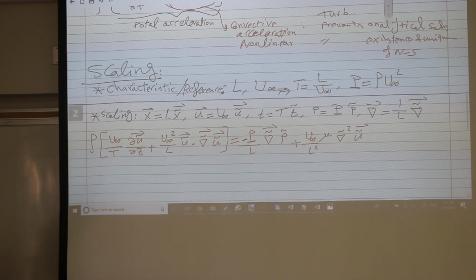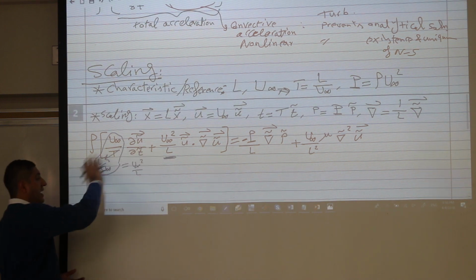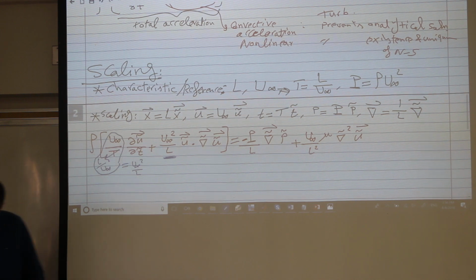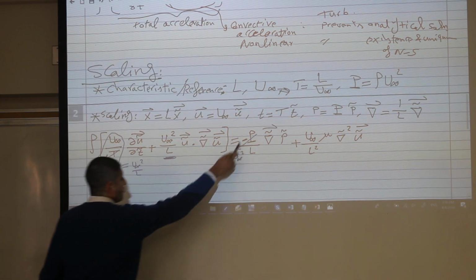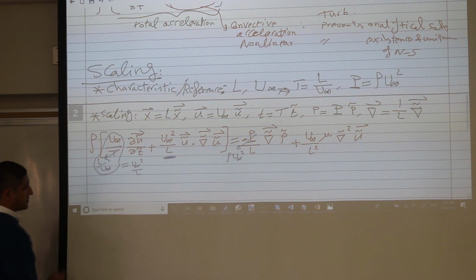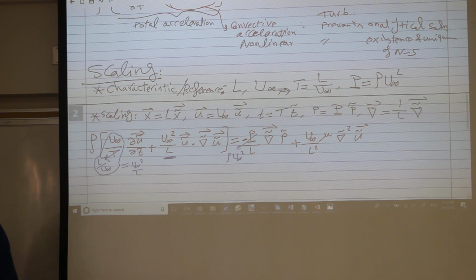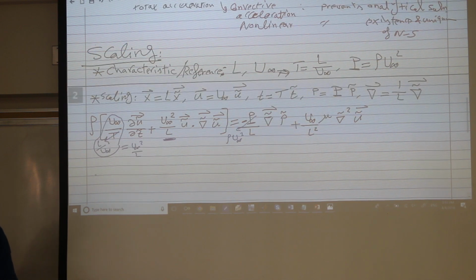And now we have this T. Remember we said this is L divided by U infinity. So we have here U squared over L. And I have also U squared over L here. They have to be the same because I'm adding. Actually, also this P is rho U infinity squared. So again, I have rho U infinity squared over L like this term. So I can divide everything by rho U infinity squared over L. So you get